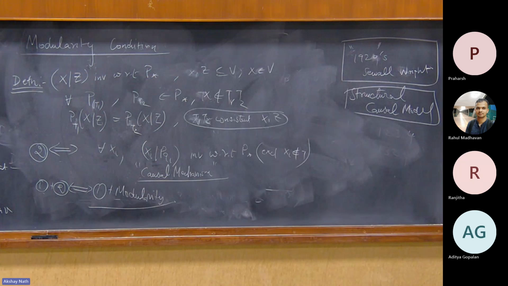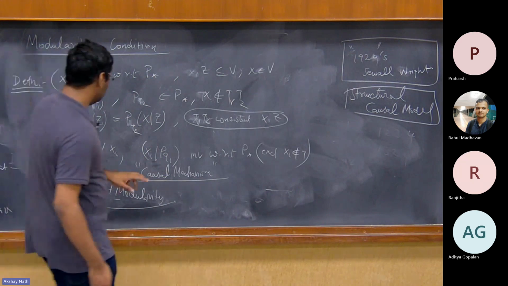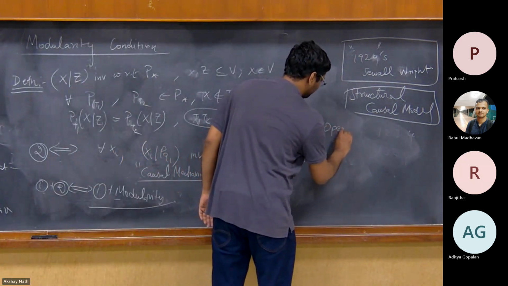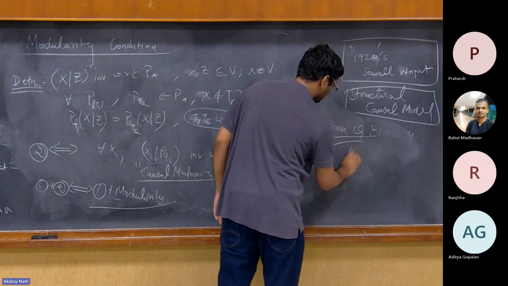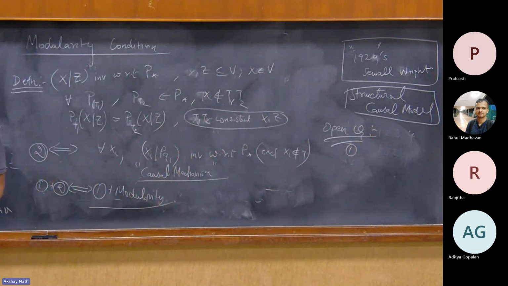So now comes the open question. We went a little bit far to this open question, but we haven't fully solved it. Okay, open question. A lot of variance. It relates to interventional design also. What is this saying? This is saying I have to consider my entire family of interventional distributions and then look for invariance, and only then I'll know that this is a DAG. Now the question really is, under some other assumption, can you do better? Do I really need to look at all the interventional distributions, which means I need to intervene on all subsets, at least minimally, before I make any conclusion about the graph? That's what the definition says. But the question is, how many do you need?